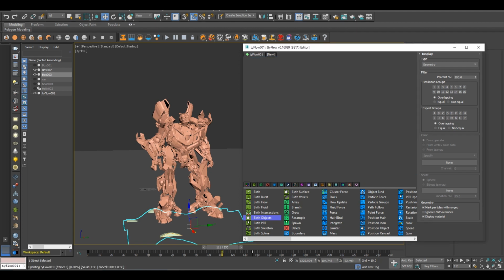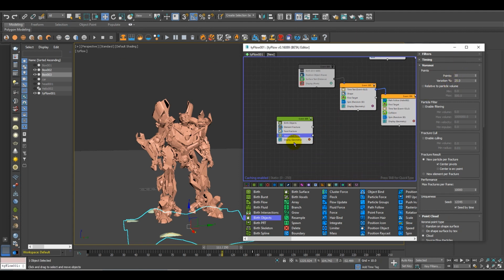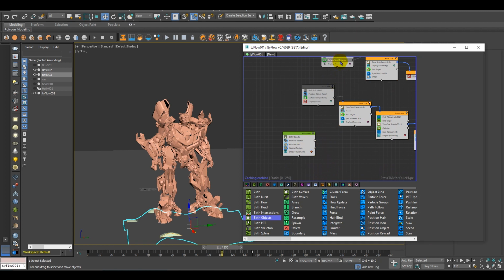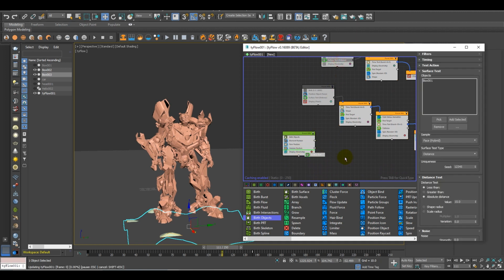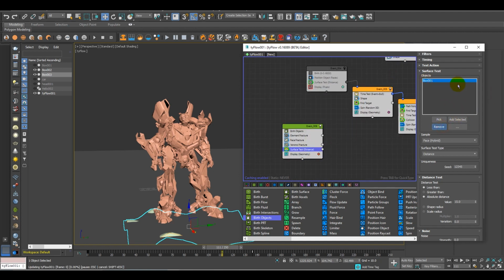And Voronoi, just keep it like this. And at the end I need this surface distance. So let's drop it down. And now in the surface distance, let's remove this box and pick this one.